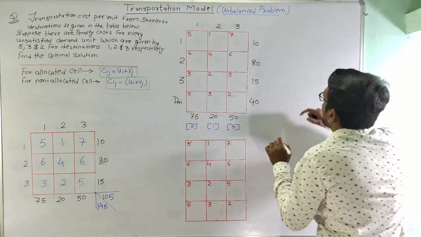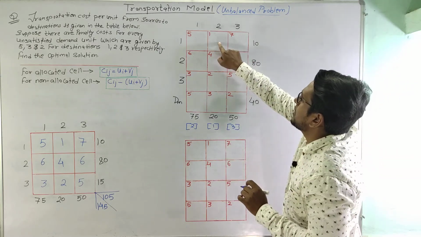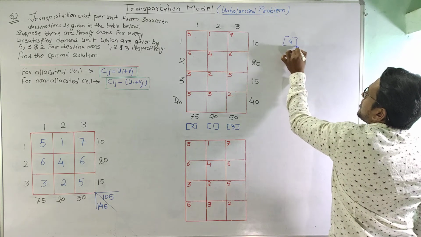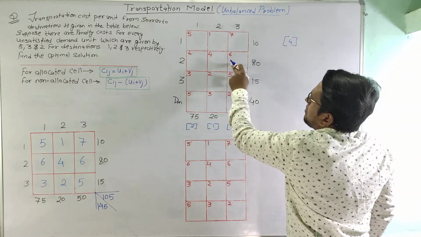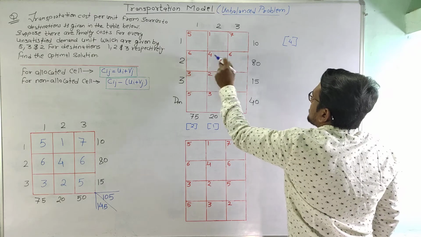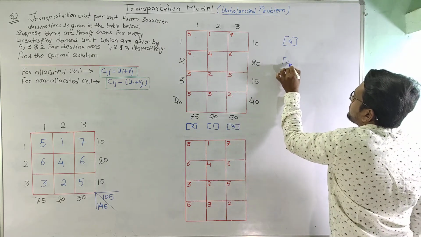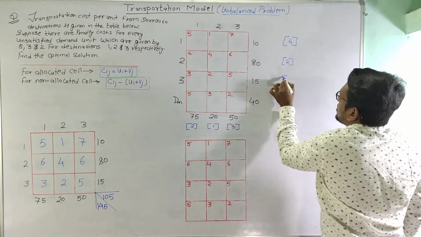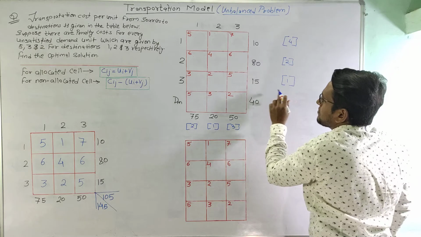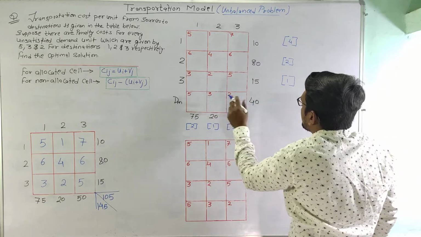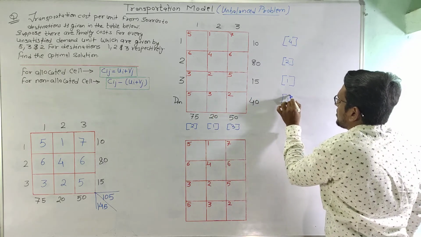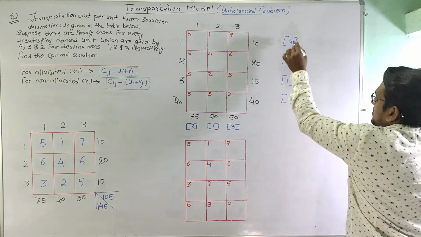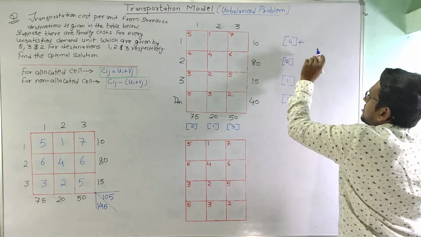Now moving on to the rows, we have minimum is 1, next minimum is 5, so penalty is 4. Here minimum is 4, next minimum is 6, penalty is 2. Here minimum is 2, next minimum is 3, penalty is 1. Here minimum is 2, next minimum is 3, penalty is 1. So now we will select the maximum penalty. So 4 is the maximum penalty, so we will select this, and